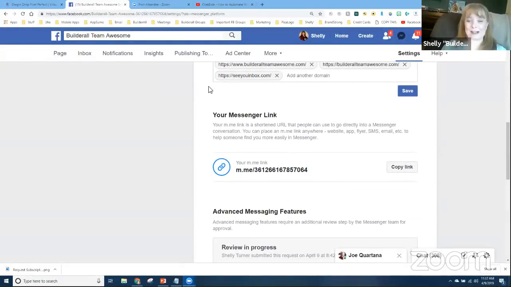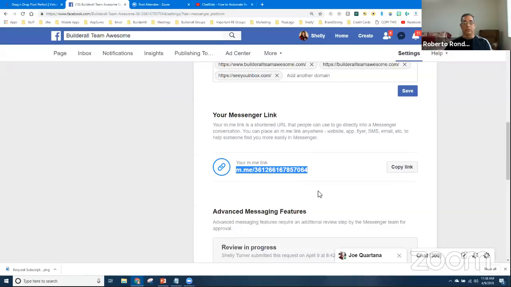The next one is your messenger link. This is really, really cool because this little link right here is like magic. It takes people directly to Messenger and opens your chatbot. So let's take a look at what that looks like for Builder All Team Awesome right now. It's going to be empty, but I'm going to show you what it looks like.